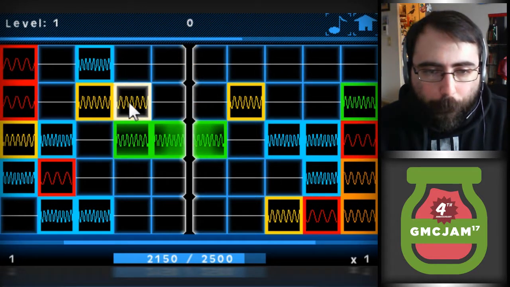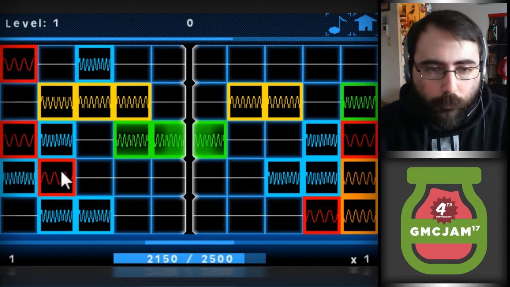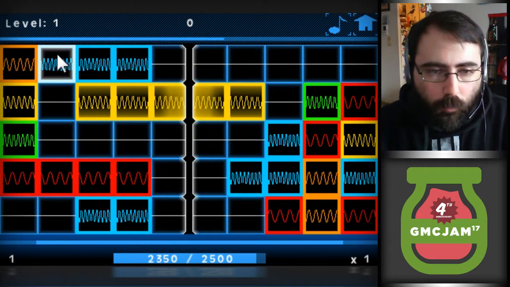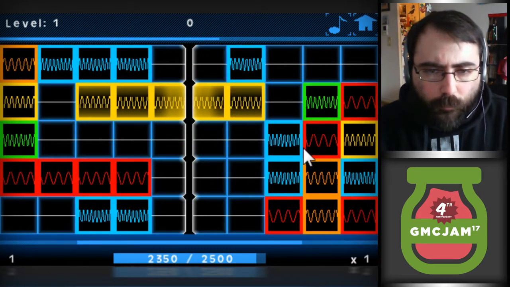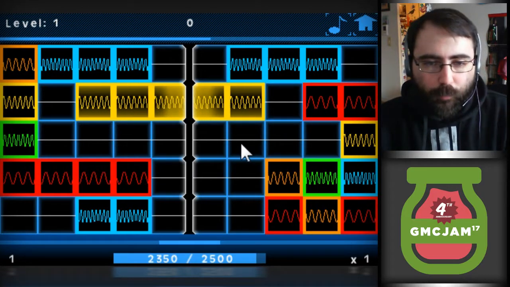Sometimes I'll even pull them back just to get them out of the way while I'm trying to do a bigger combo. Got these reds I might want to set up. The blue is going to be really big here. They push each other out of the way, which is unfortunate. So if you put things through...